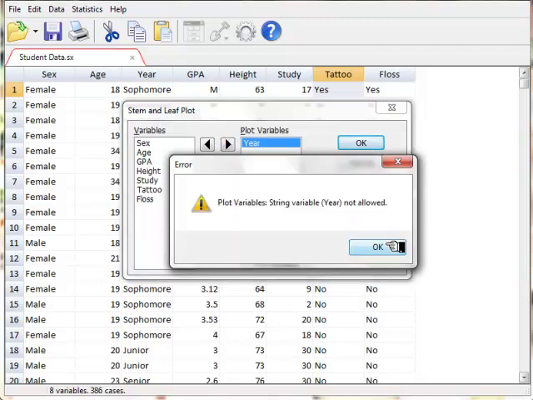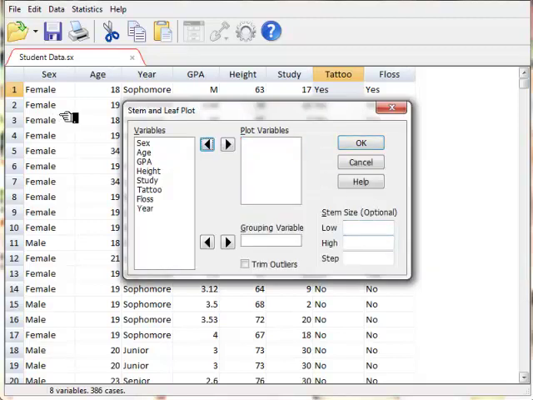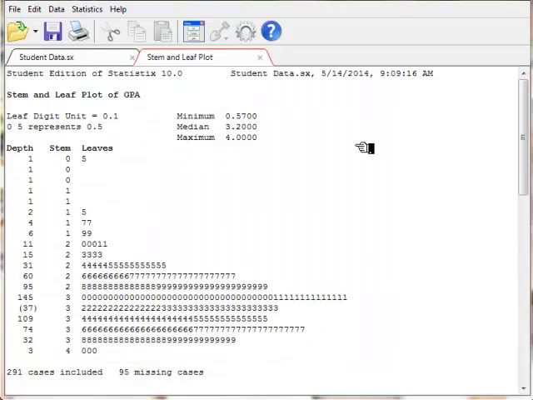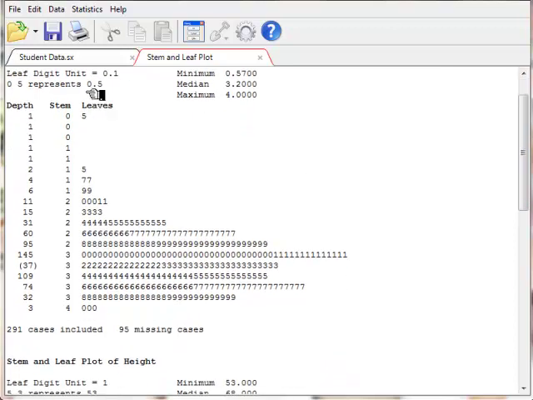It's going to say, hey, that's a string variable, meaning characters. It's not allowed. And so we couldn't use year, but we could use the GPA or the height or the study hours. I'll put all those in there. And it allows you to do more than one at a time. There's your GPAs. And the way that we read this is right here